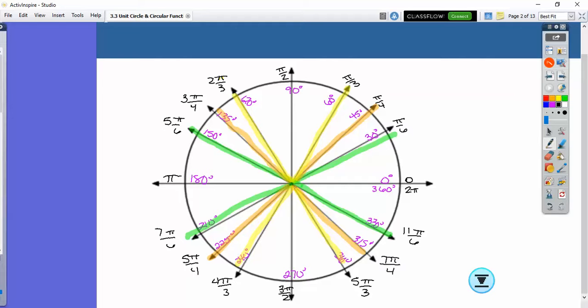Okay, so that's the part that we have done before. Are there any questions there? Okay. Then, the next thing we are going to add on here is ordered pairs. This is a unit circle. That is a circle with a radius of 1. Okay, if you have a circle with a radius of 1,